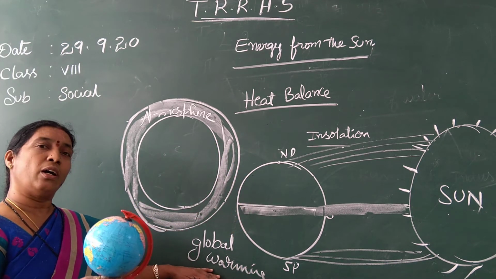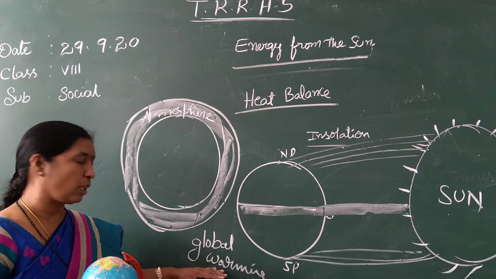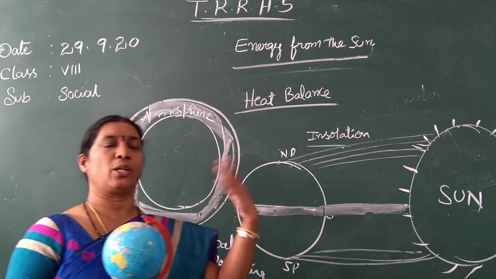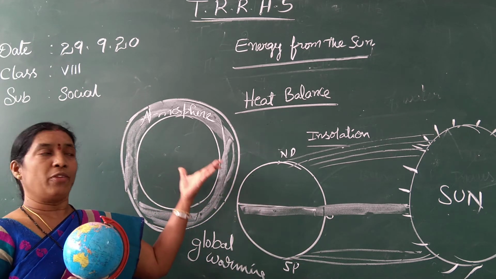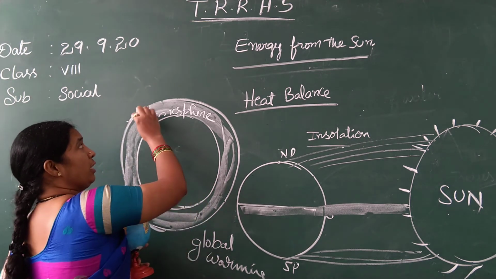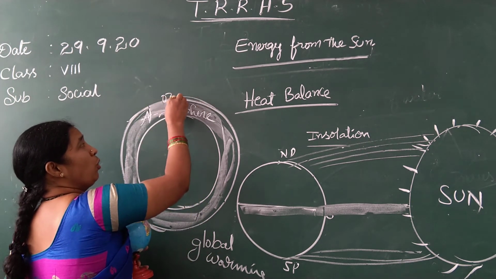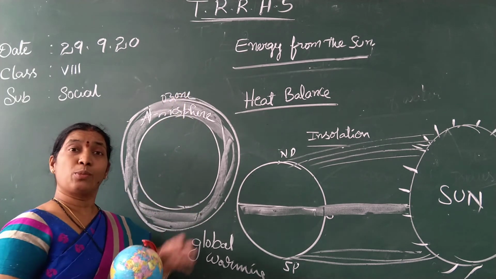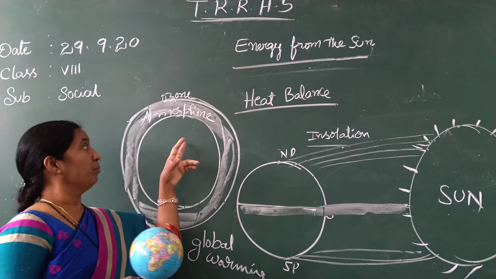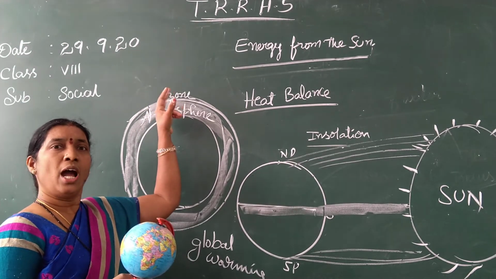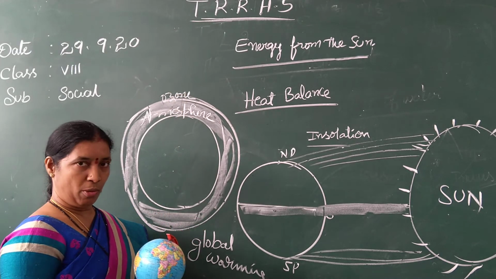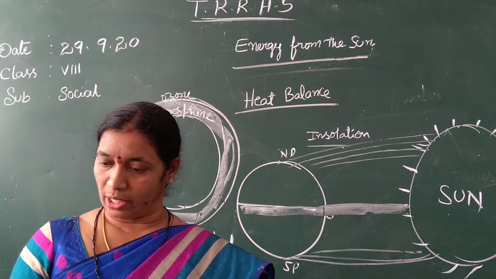So how is it becoming very hot? Because of our reckless exploitation. We are emitting so many gases and industrial pollution, and it leads to global warming. In the atmosphere there is a layer called the ozone layer, and that ozone layer protects us. That layer is getting disturbed, and the sun's rays come directly to the Earth, leading to global warming. Afterwards we will learn about that in detail.